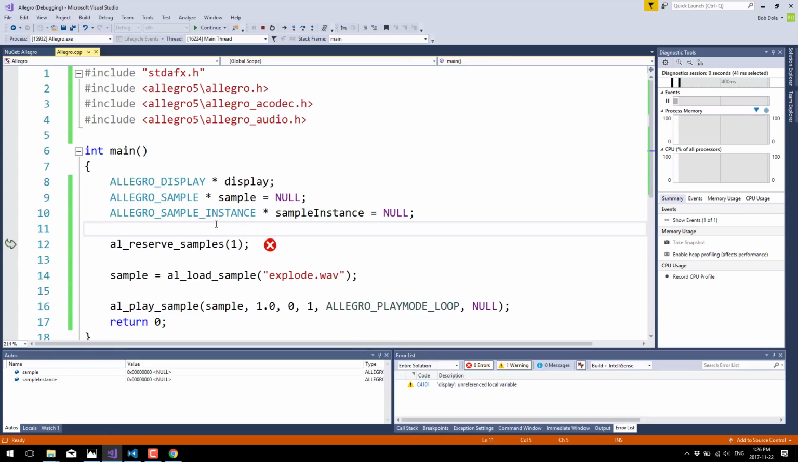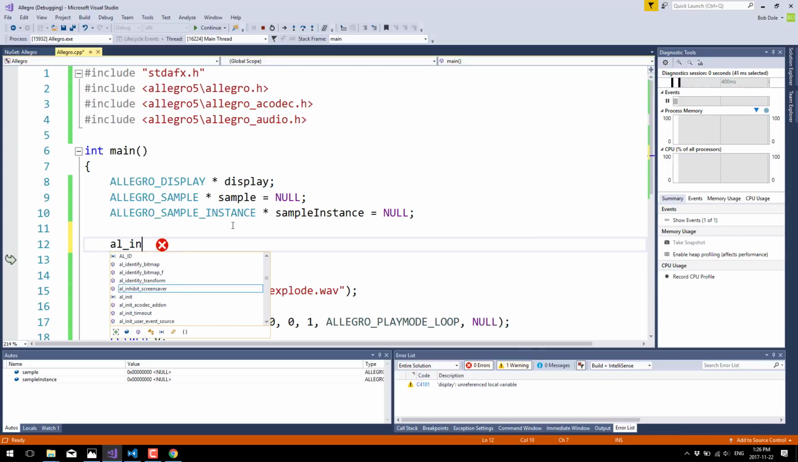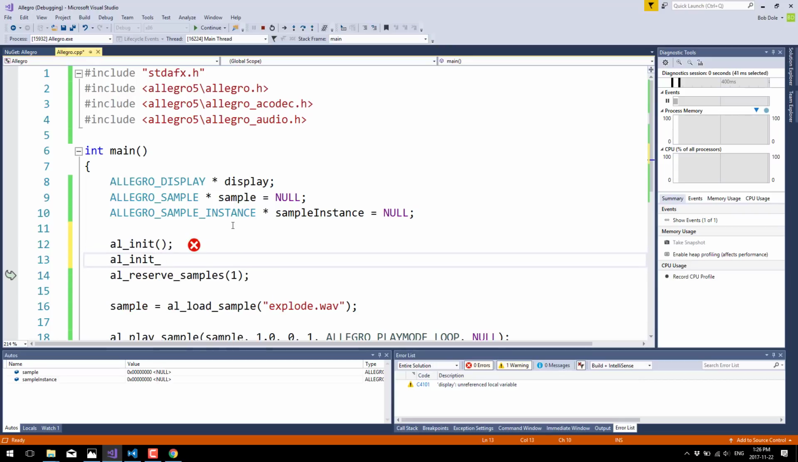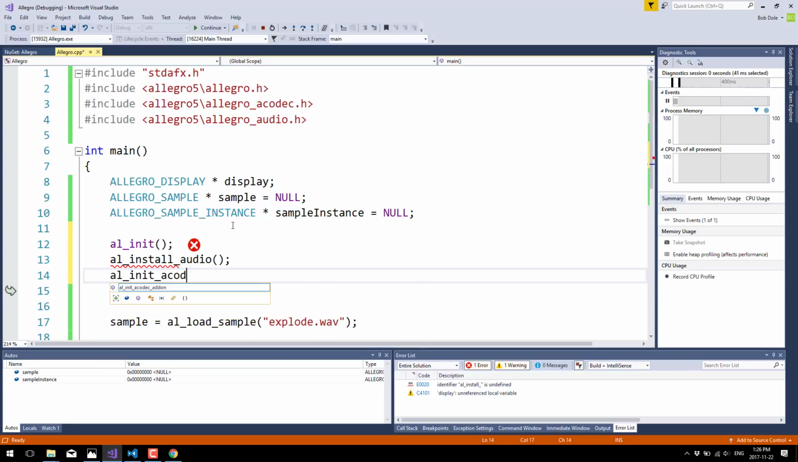It's my bad, and I should have taught this. Remember I told you earlier on, whenever you use an add-on, you need to initialize the add-on before you continue. Yeah, I didn't do that. So I didn't initialize anything, actually. So there's a good example of what happens if you don't do it. So we initialize our main code, we install our audio, we al init a codec